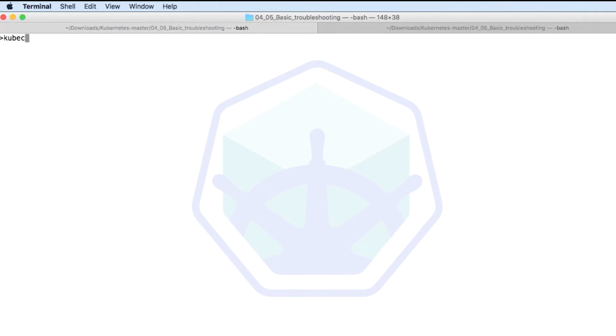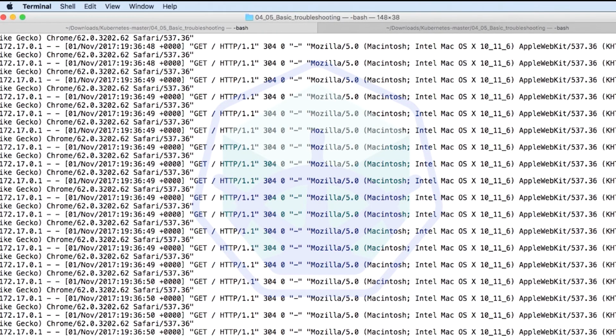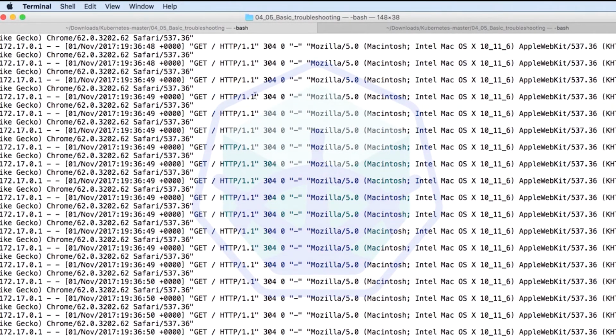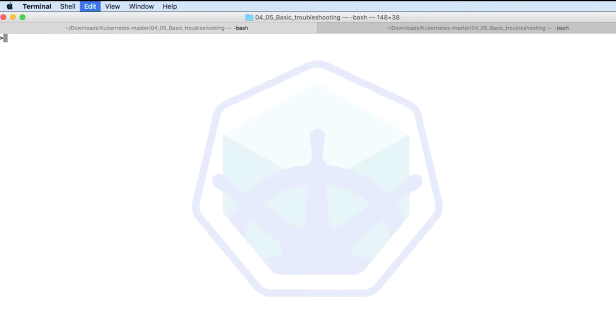I'm going to copy this guy, and I'm going to type kubectl logs, except I don't want the kubectl part. And this command returns all the logs for that specific pod. So in this case, it was a simple web application. So this is the Nginx logs coming out from the pod. That's another technique. The third thing I typically do is sometimes you have to actually exec into the pod to